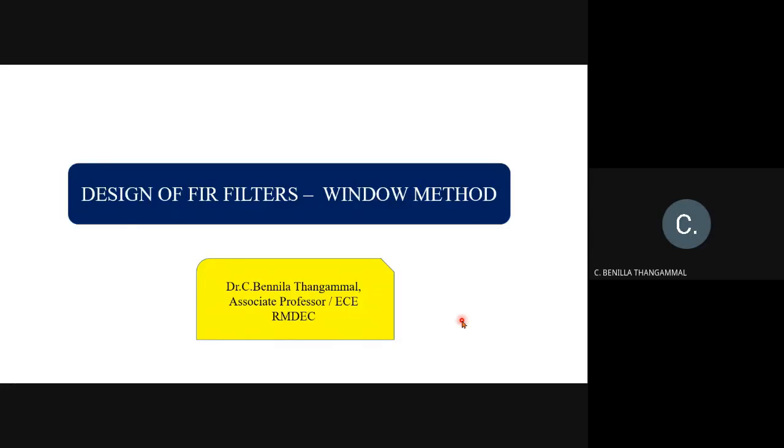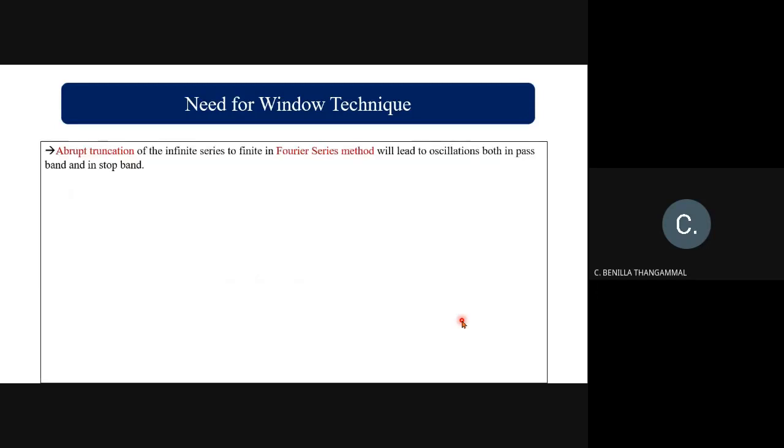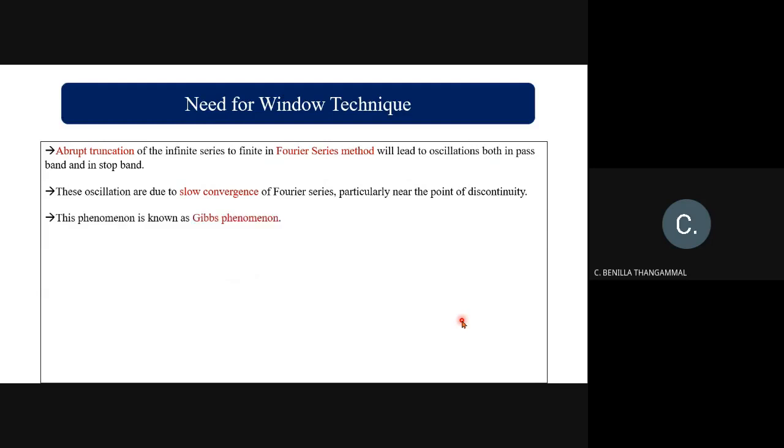Hi students, today we are going to see design of FIR filters using window method. So, the need for window technique: the abrupt truncation of the infinite series to a finite series in the Fourier series method will lead to oscillations both in passband and stopband. These oscillations are due to slow convergence of the Fourier series, particularly near the point of discontinuity. This phenomenon is known as Gibbs phenomenon, and it can be reduced by multiplying